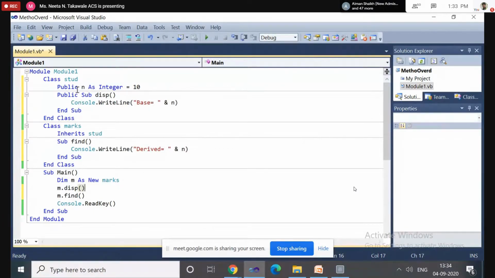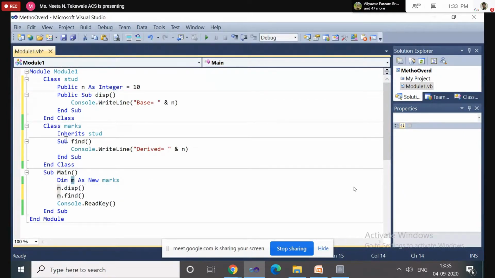Now see, in the Student class, which is a base class, I have declared one variable n using the public access specifier. I have declared one method, the display method, using the public access specifier.